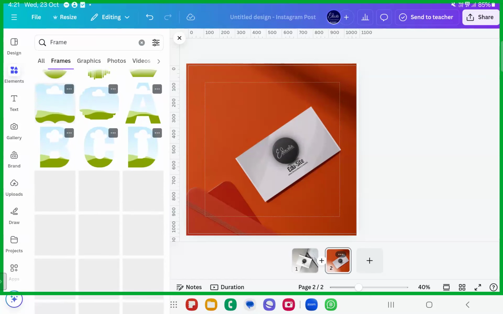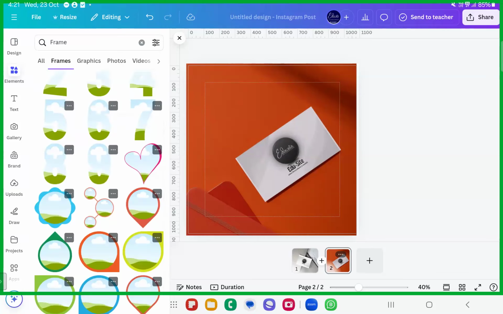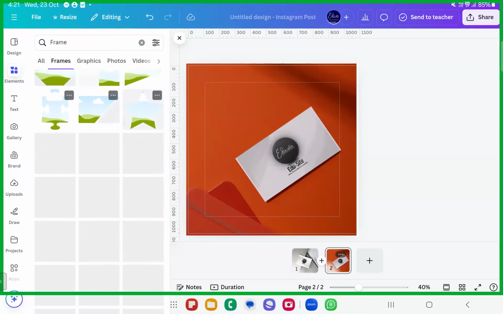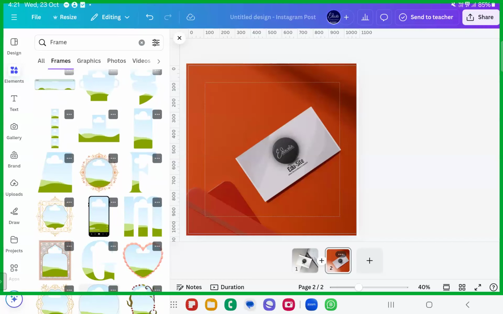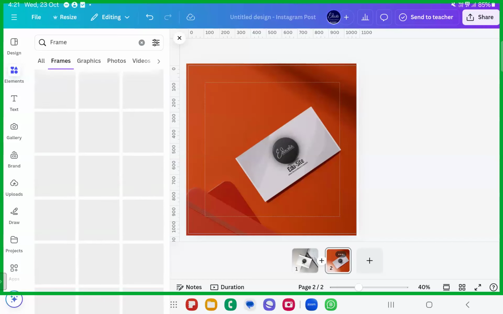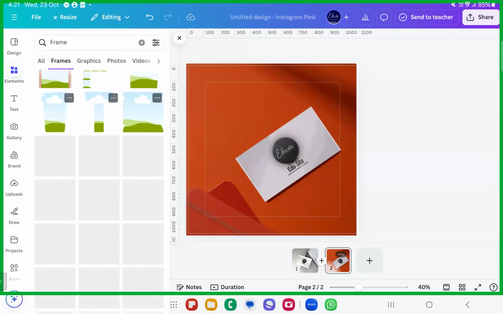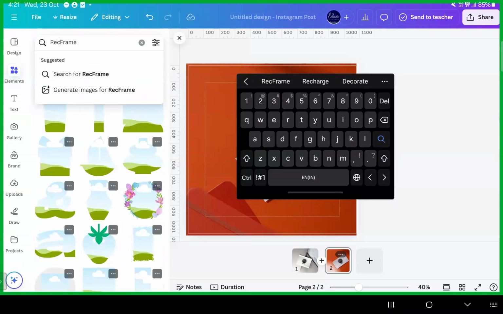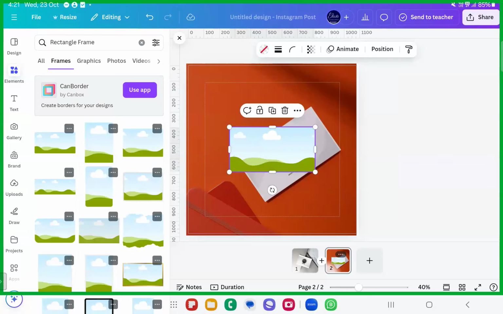Okay, you can even search for the rectangular frames. Rectangle frame. Okay, even business card frame you can search for. Okay, it just requires some more time. Okay, we'll just finalize any square itself if we don't find the rectangles in the meantime. Okay, we'll just see if we can go ahead with a rectangle frame. Rectangle. It will be present, okay? It will be present. But you just have to search for that.